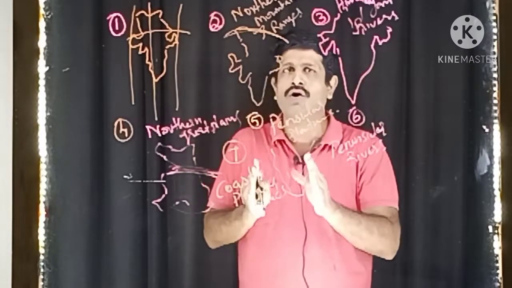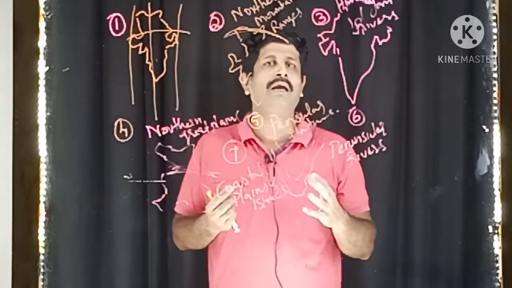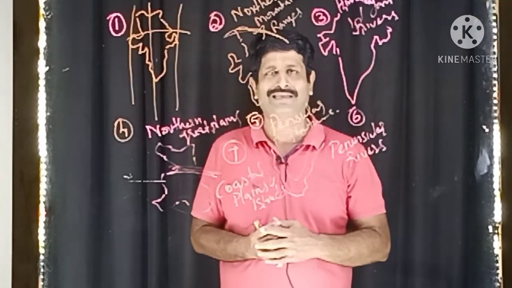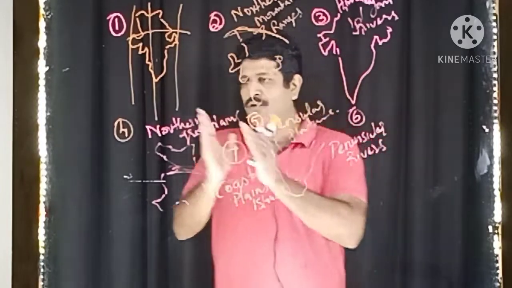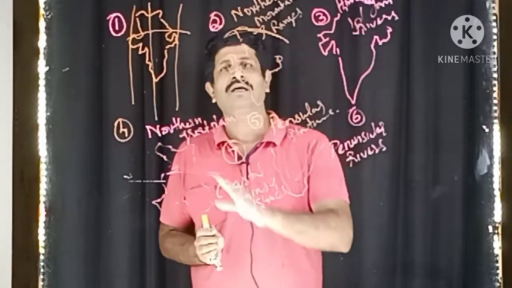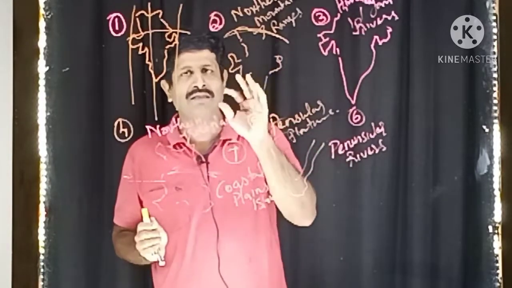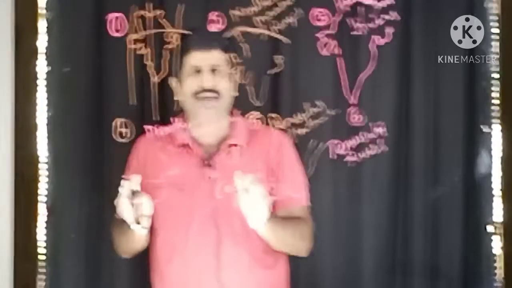You people are not supposed to draw the map. Because of the pandemic, if you are not able to get the maps, you can draw it exactly. Now, this is the third map, the Himalayan rivers. Now, the fourth map is the Northern Great Plains, which is composed of Bihar, UP, Bengal, etc. You had to do it.